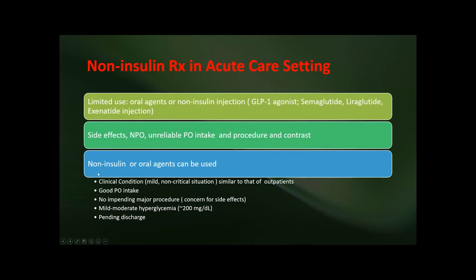So here are the situations where you can use a non-insulin or oral agent in the acute care setting. And of course, your situation is mainly the home care setting. The clinical condition is very mild, non-critical, very similar to the outpatient setup. The patient has good PO intake, and there is no impending major procedure. A major procedure here means that you go through general anesthesia, there will be significant blood loss, and there's a risk of hypotension, and then there's a risk of